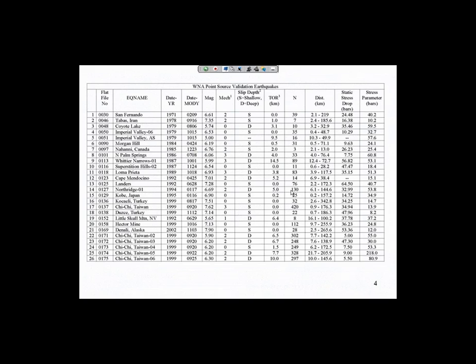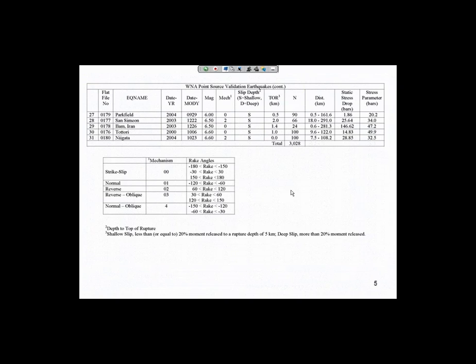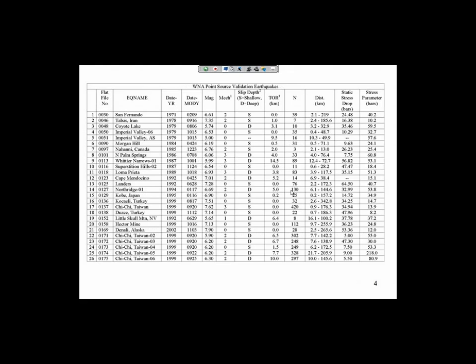So here's a table of our favorite earthquakes that we've used. There's actually now two parts of the table because of some recent earthquakes that we've added to the NGA West database, particularly Parkfield, San Simeon, the Bam earthquake in Iran, and Tottori, Japan. The database is increasing. But the classic part of the database that we've done most of our analysis on is back on the first page.